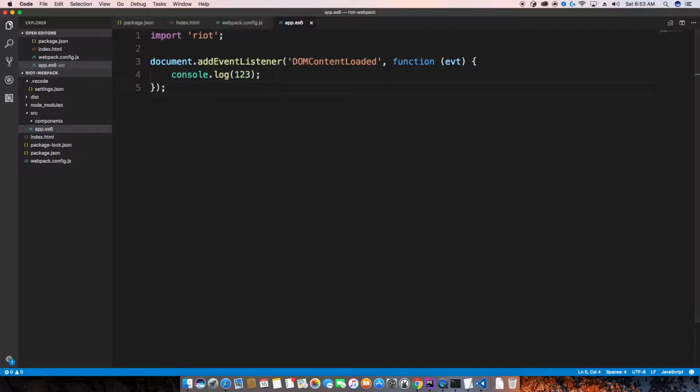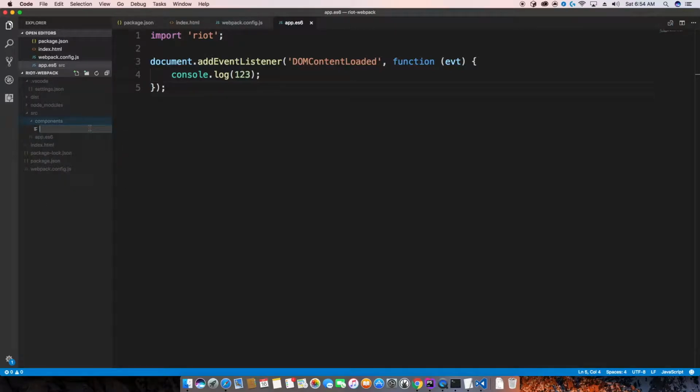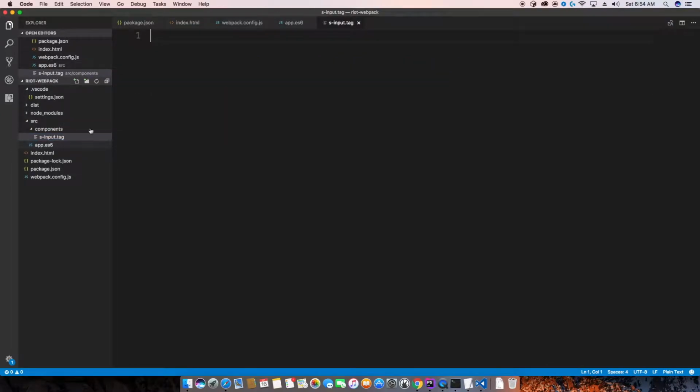So let's go ahead and start the Riot component itself. Let's just make a simple input tag. So we'll make an input component. New file. I'll call this s.input.tag. And then we'll go ahead and do s input